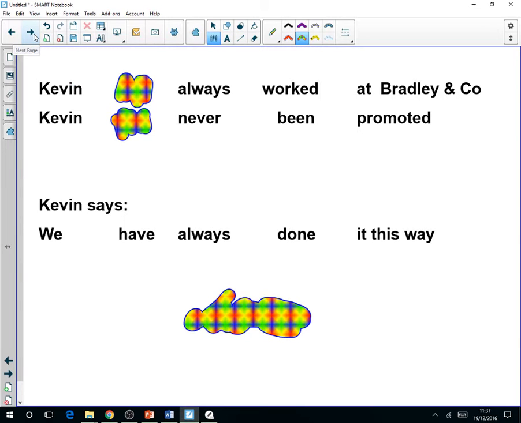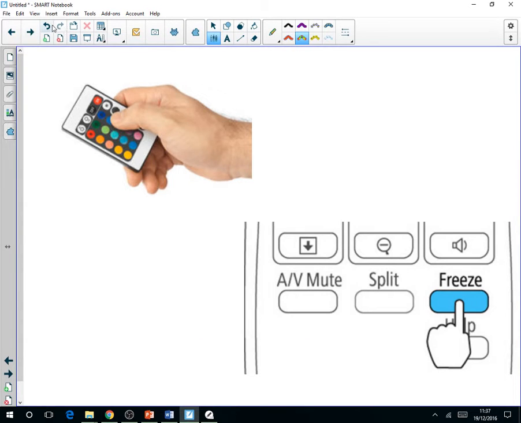The last way of hiding stuff is by using your remote control. On most of the remote controls at the school, there is a freeze button. This is the remote control for the projector, by the way. If not a freeze button, there might be a hide button. If you press that button, it will freeze the screen for the IWB, but not the computer, which means that